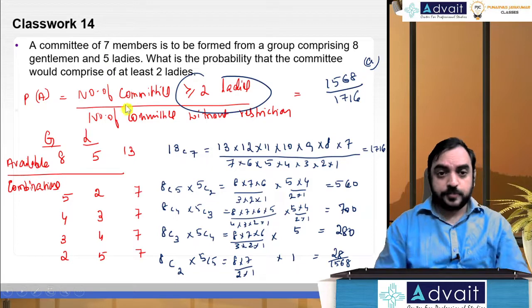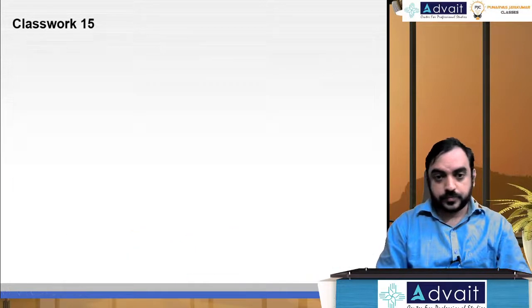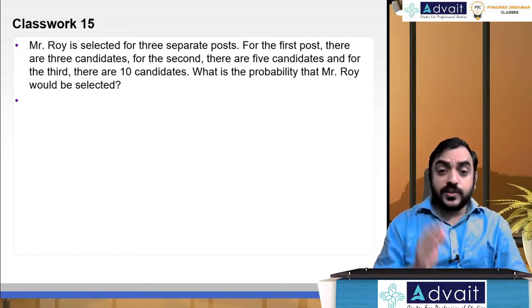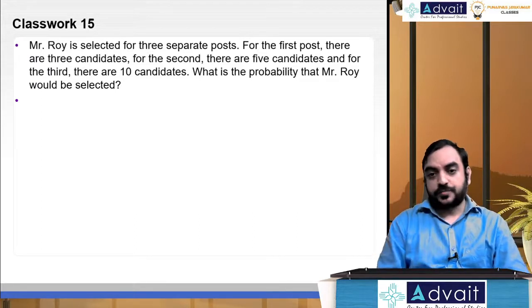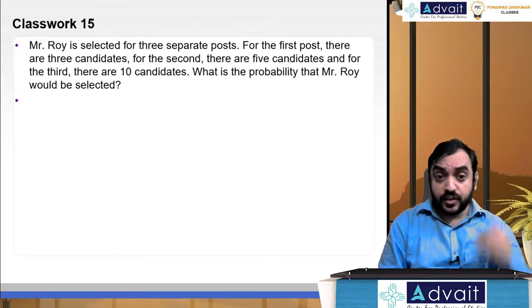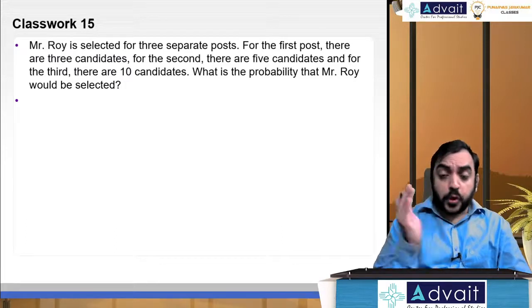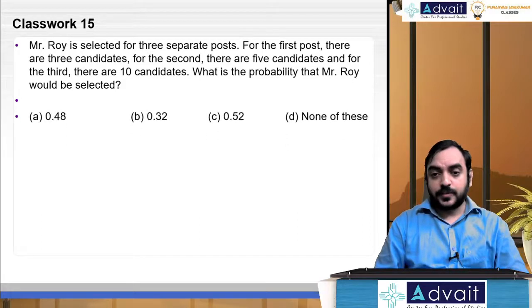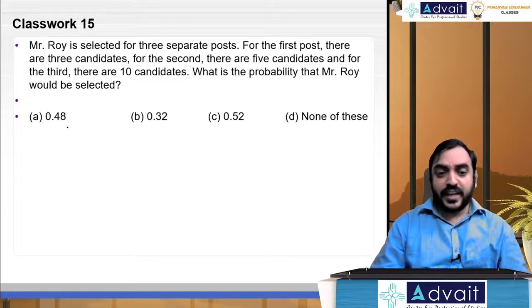Okay, let's move on. Mr. Roy is selected for three separate posts. For the first post, there are three candidates. For the second, there are five candidates. And for the third, there are 10 candidates. What is the probability Mr. Roy would be selected? Now, for this, first you should tell me, should I calculate